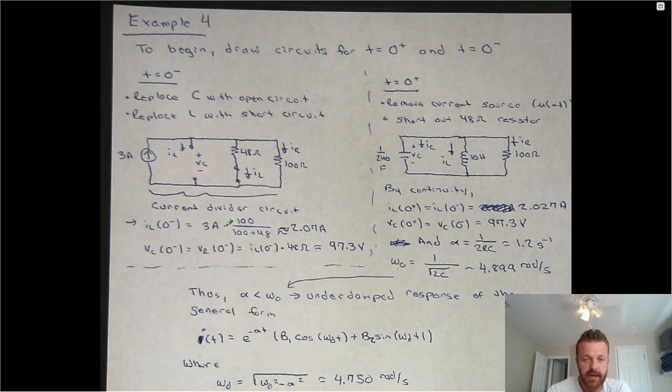Remember that for current division, the quantity in the numerator is the resistance of the branch that you're not solving for. In this case, if we're finding the current through the 48 ohm resistor, as the resistance of this branch goes up, the current through the other branch will go up. So that's the current division ratio: 3 amps times 100 divided by the sum of the two resistor values, 100 plus 48, which turns out to be